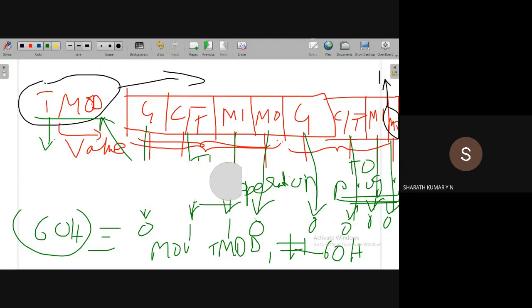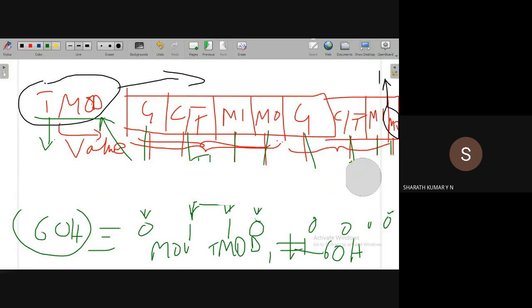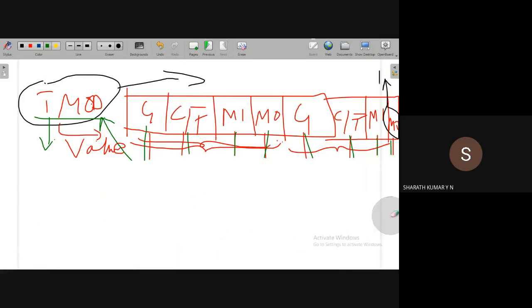The next possibility is that we are using both timers, timer 0 and timer 1. In that case, how to find out the value? It's a very simple case, quite straightforward. These 4 bits correspond to timer 1 and these correspond to timer 0. Let us say I'm using timer 1 in mode 1 as a timer, programming method.